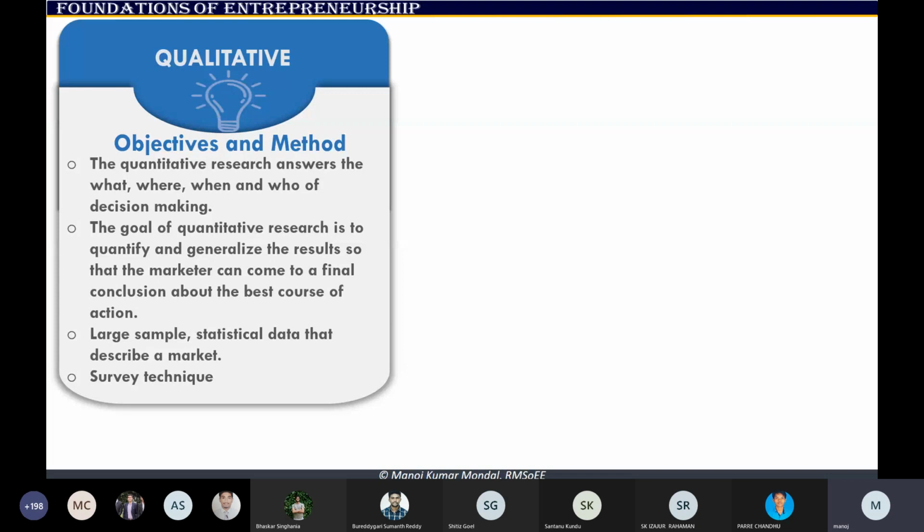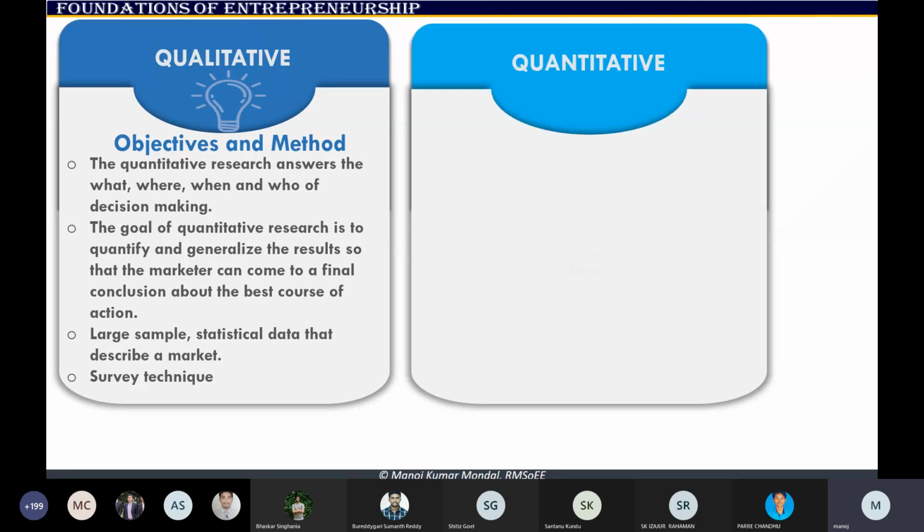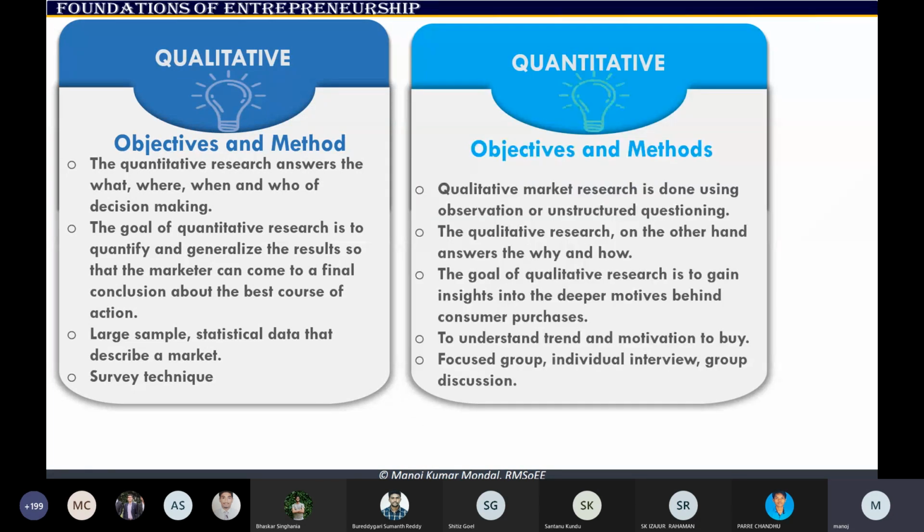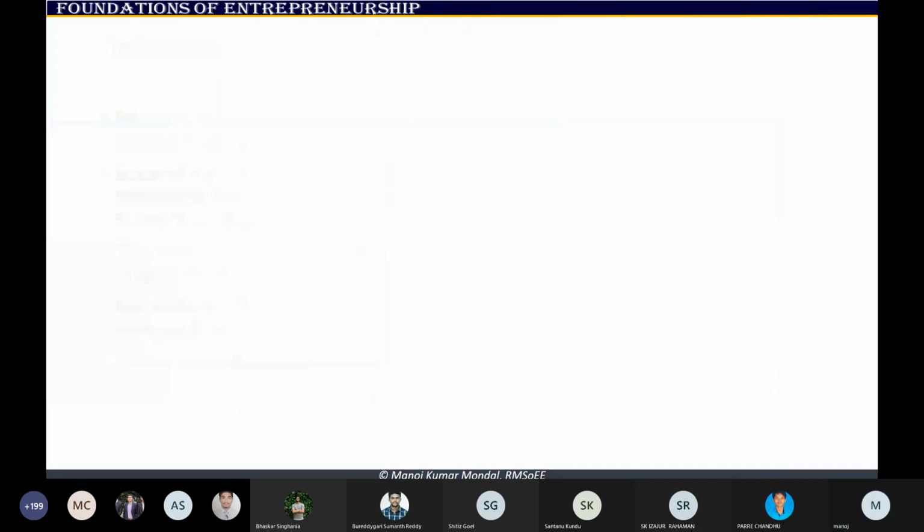Suppose you want to ask all children whether they are interested in online teaching. Suppose some school wants to get this data. Ultimately, children may say, okay, I am somewhat interested, I am not so much interested, etc. So that will be qualitative. But if you want to say how many students gave a 5-star or said I am very much interested, that becomes quantitative data. So these are all different contexts, different data types.